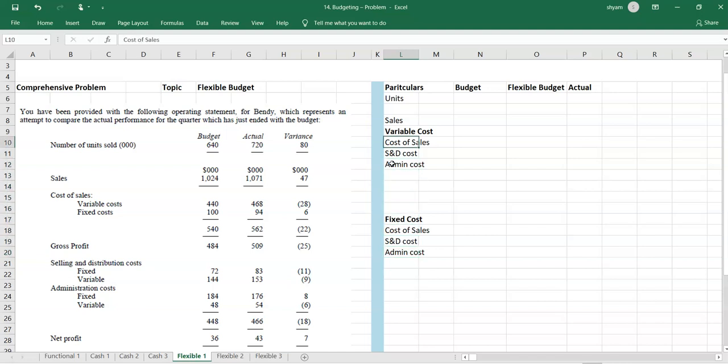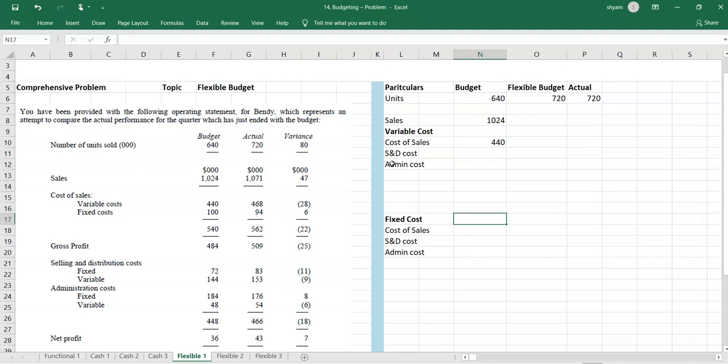So how does this work? First we'll get the units, 640, then 720 here. So what would be the flexible budget units? The flexible would be similar to the actual because we have to compare these two only. So let's get the sales, 1024, 440,